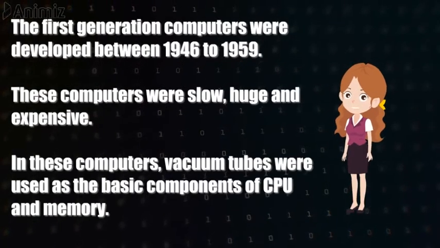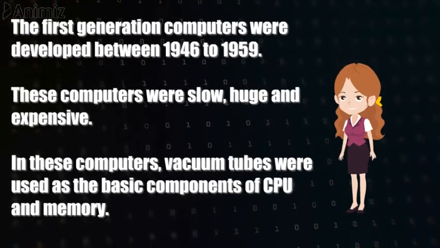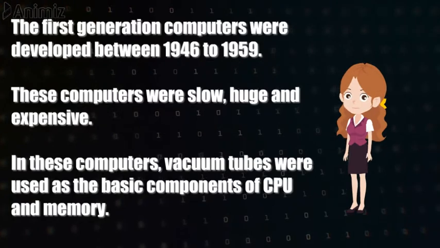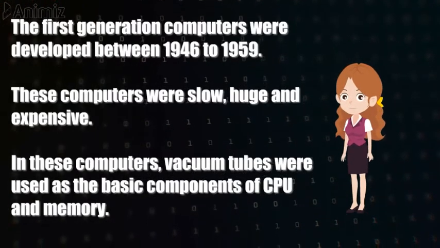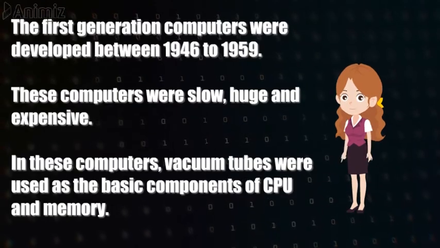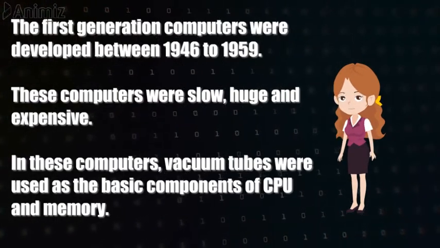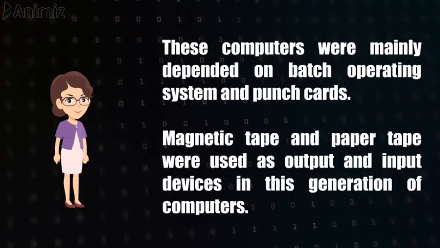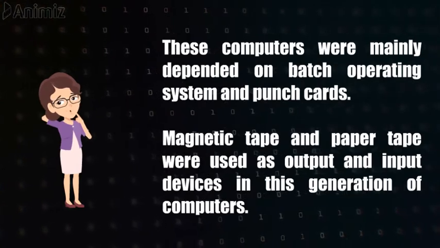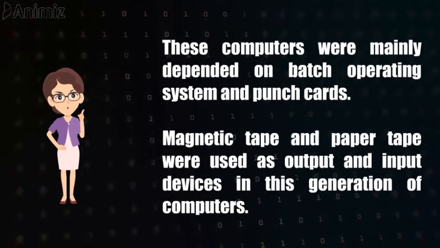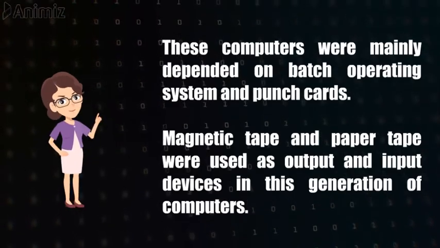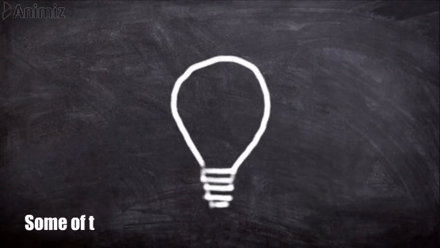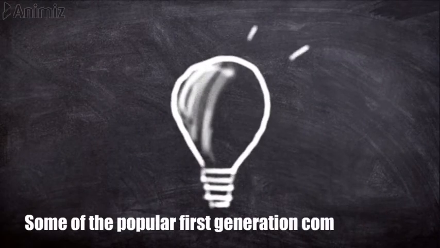The first generation computers were developed between 1946 to 1959. These computers were slow, huge, and expensive. In these computers, vacuum tubes were used as the basic components of CPU and memory. These computers were mainly dependent on batch operating system and punch cards. Magnetic tape and paper tape were used as output and input devices in this generation of computers. Some of the popular first-generation computers are